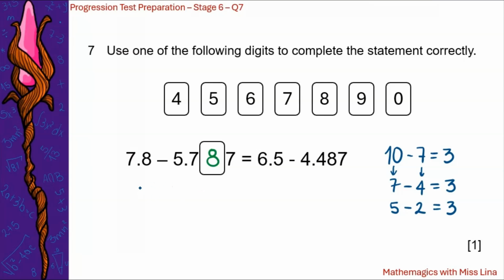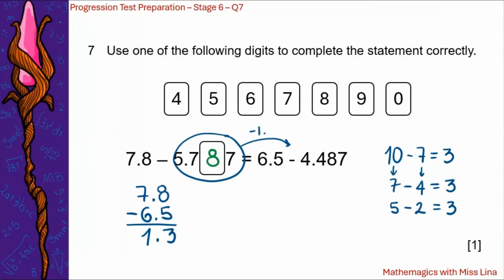So you can just do 7.8 minus 6.5. 8 minus 5 is 3. The decimal point, 7 minus 6 is 1. 1.3. So that means you need to subtract also 1.3 from this one to get the second number, which means also that you can do